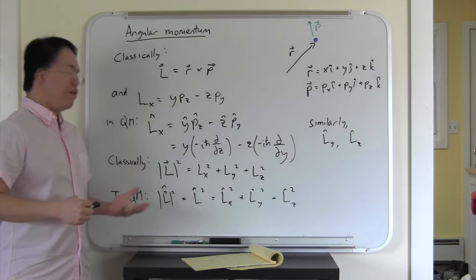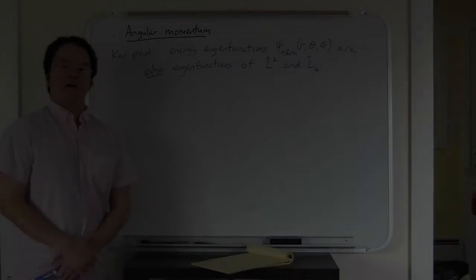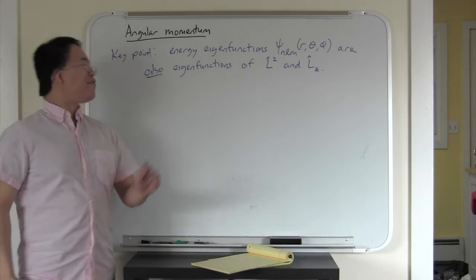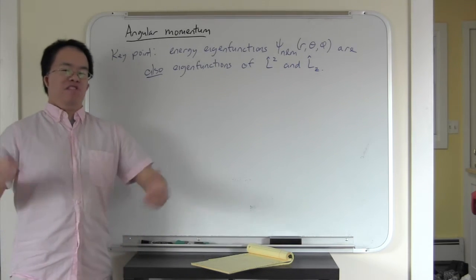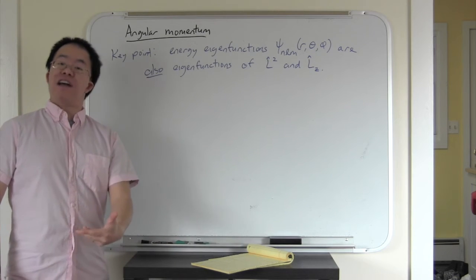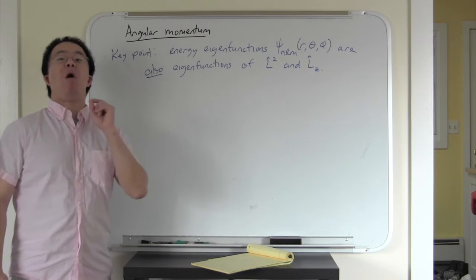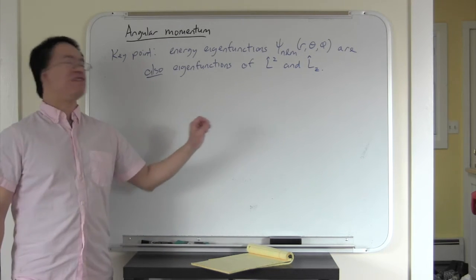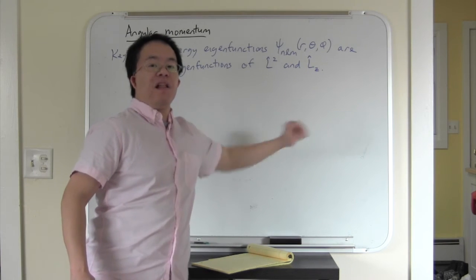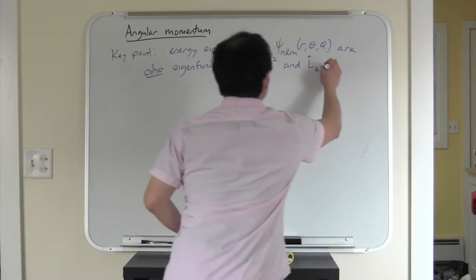Now, why did I just go through this? I'm going to get to the punchline as soon as I erase the board. So here's the punchline. The energy eigenfunctions psi_nlm, which as solutions of the time-independent Schrödinger equation are eigenfunctions of the Hamiltonian, or energy operator, turn out also to be eigenfunctions of L squared and L_z. And the eigenvalues associated with those